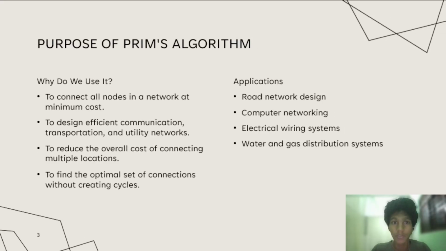So, what is the purpose of Prim's algorithm? The primary purpose of Prim's algorithm is cost optimization. In many real-world situations, we need to connect multiple locations while minimizing the total cost involved. For example, imagine a telecommunications company that wants to install internet cables between several cities. Connecting every city directly to every other city would be extremely expensive. Instead, the company can use Prim's algorithm to determine the set of connections that links all cities together with the